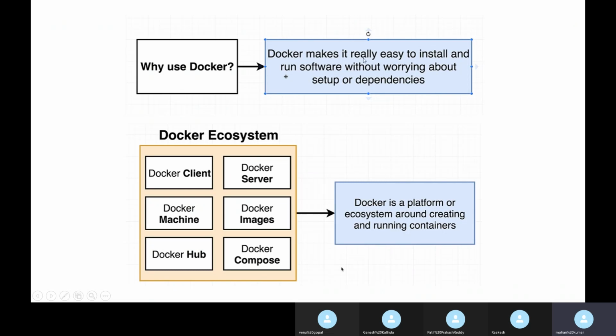Docker makes it really easy to install and run softwares on any OS or any hardware systems without worrying about the setups and dependencies that are really needed to run that software. Okay, so that is something you have to understand when you say why use Docker, or you may be asked what to use Docker for.